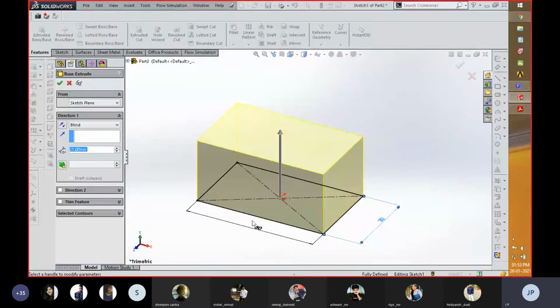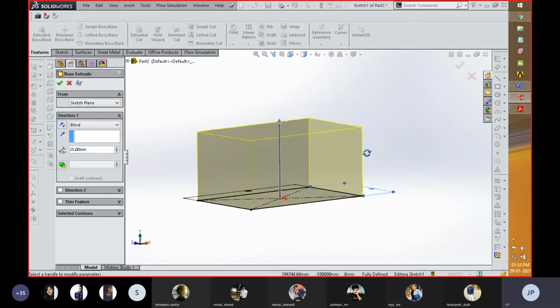Suppose you want to create a part which is equal from both sides. You can see over here, I select this top plane and create a sketch as per my design for putting the thickness value. So if I am creating a part which is 25 millimeter in thickness, I need this component to be equally distributed on this plane from both sides.